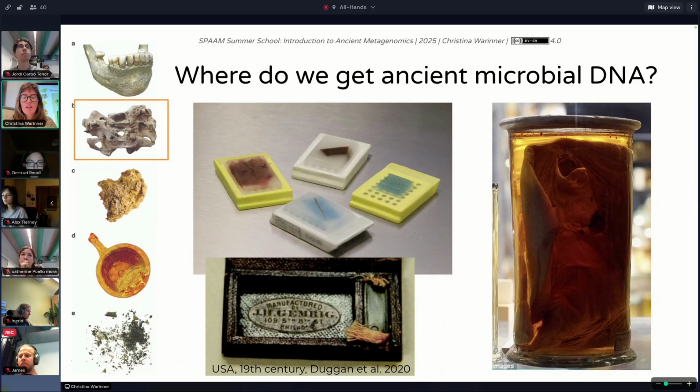So things like formalin-fixed, paraffin-embedded tissue slides, for example, you can recover DNA from, and sometimes even RNA. Things like lungs that might have been preserved in medical collections in formalin or alcohol. On the bottom here, you see, I think is super cool. It's an inoculation kit. It's like a vaccination kit for